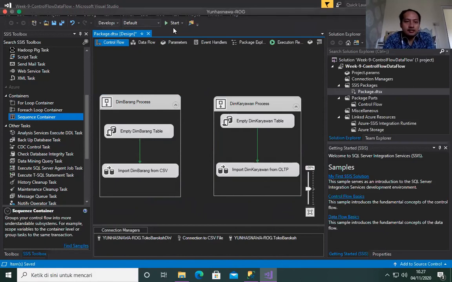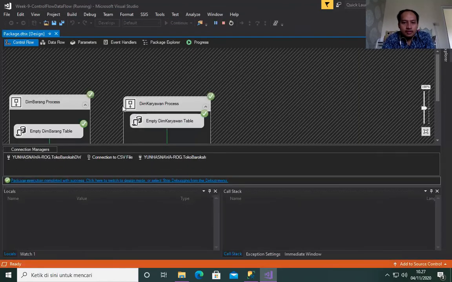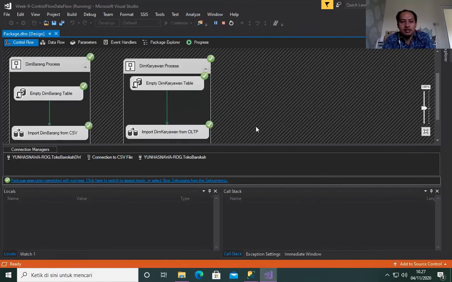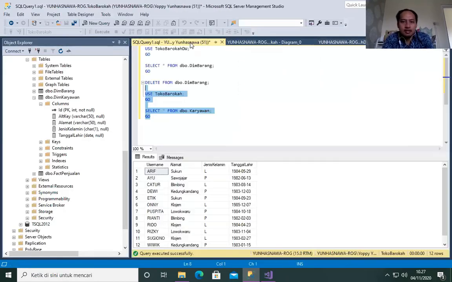Pay attention here when I click start. Look at this. So the process will be executed much faster because it runs in parallel. How about the data? Let's check here in our dim karyawan.